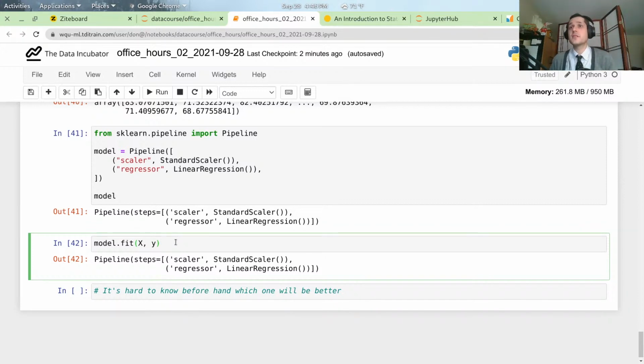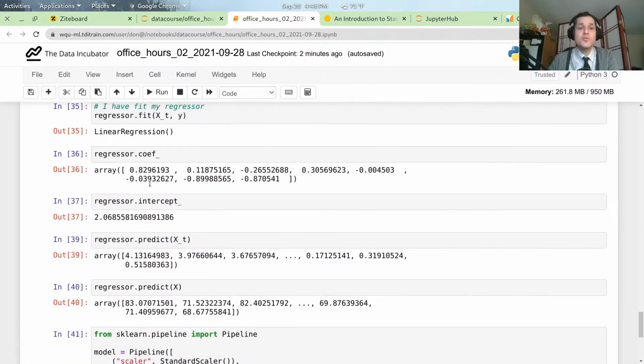We can create scalars. When we write scalar equals StandardScaler, does it mean that the new variable called scalar should learn all the properties that StandardScaler has? So what this means when we do something like this here,